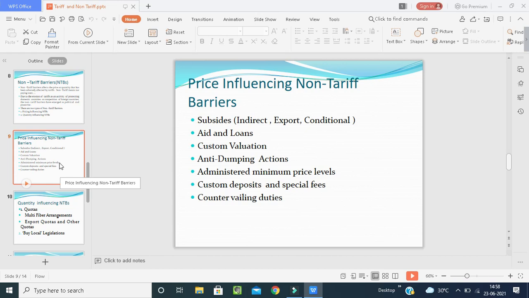Now, next one is customs deposit and special fees. So what will happen? As business is increasing day by day in the world, they need to increase the cost also. So there is an increase in the cost of the imported goods by paying a deposit as an advance of customs on the shipment. The advance payment of customs are the financial hurdles. Fees are the customs are managing for making expensive and less competitive imports.